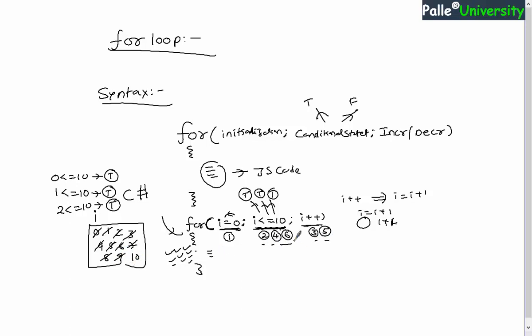Whenever the i value becomes 10, 10 <= 10, true or false? True. Now the execution will come into the body. The current i value is 10. Again execution will go to i++, and 10 will be changed to 11. Now the execution will come over here. When i is 11, 11 <= 10 will be evaluated, which will be false. Whenever this expression gives false, the execution of the loop body will be stopped. It won't be executed any more time. I believe you understood. This is how the for loop will be executed.